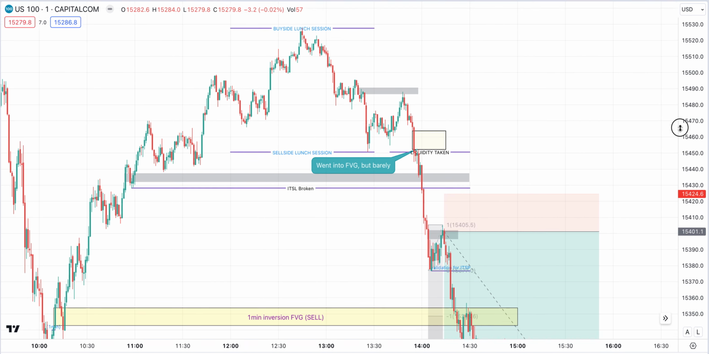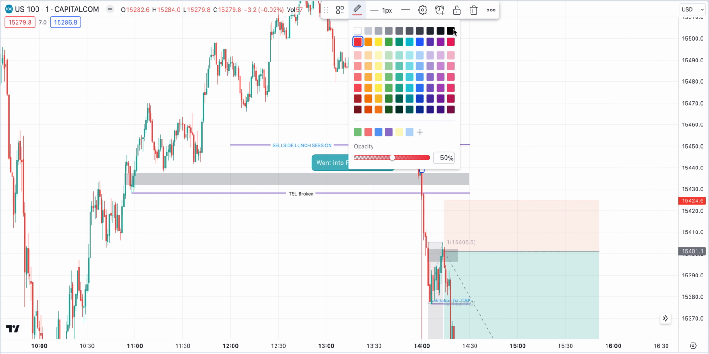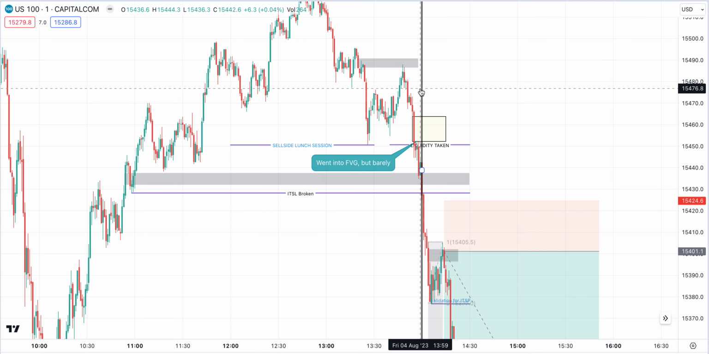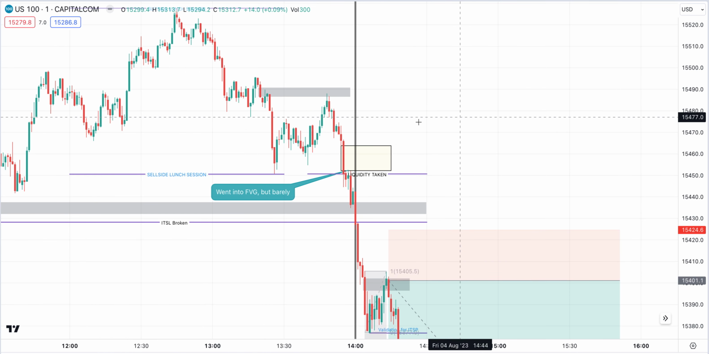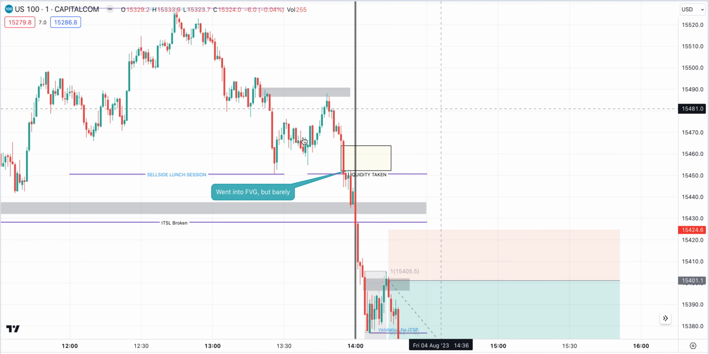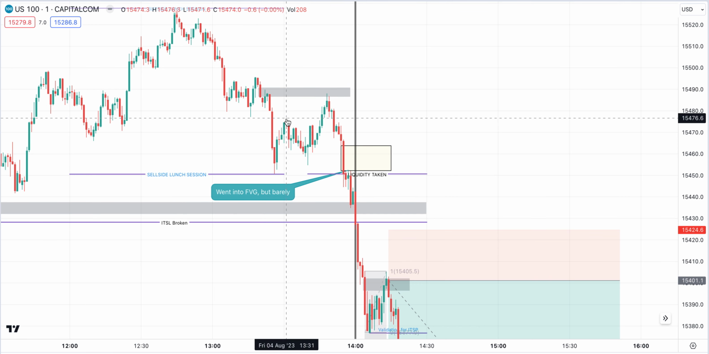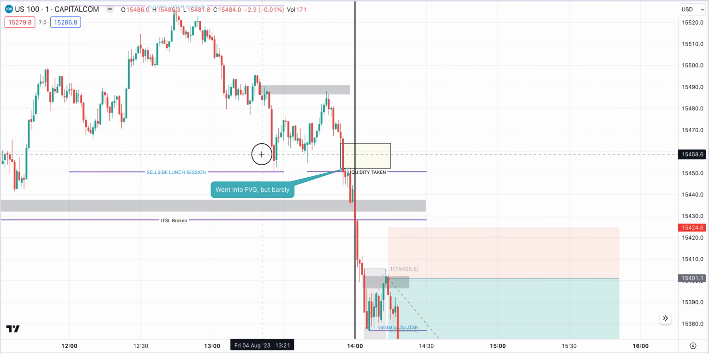So getting into it, so just mark up a horizontal line. So right there, that's the start of the Silver Bullet trading hour. And this is right before what happened. This is all on the 1 minute chart. Price went into a fair value gap, respected it, and then broke the sell side lunch session